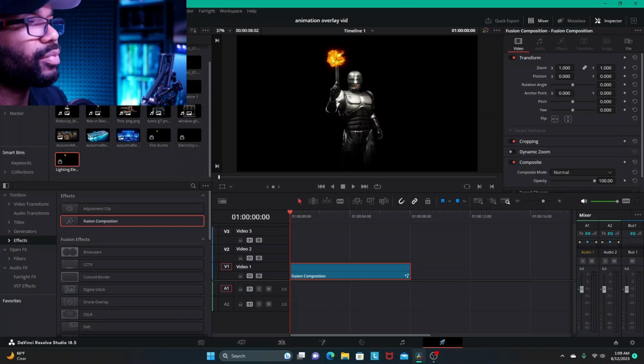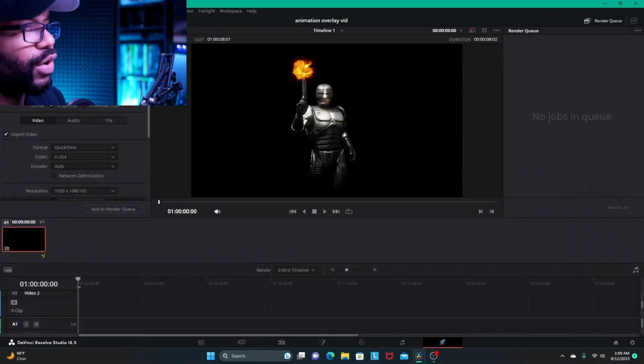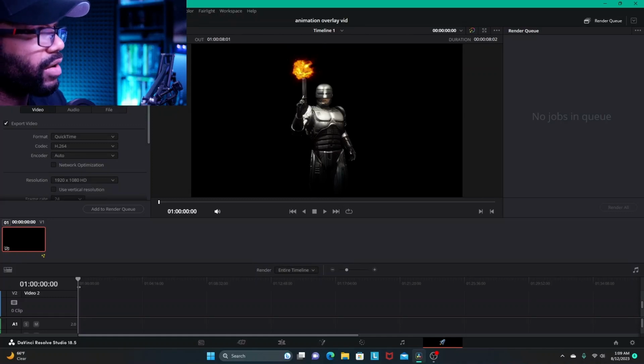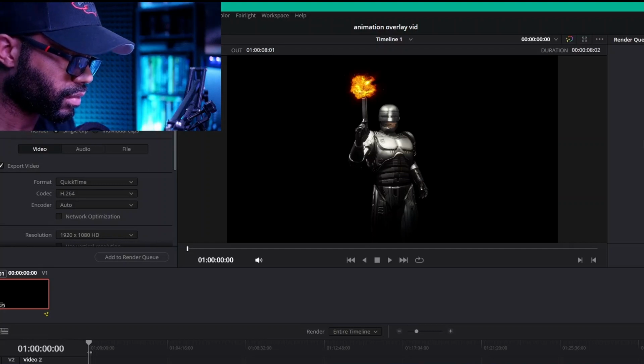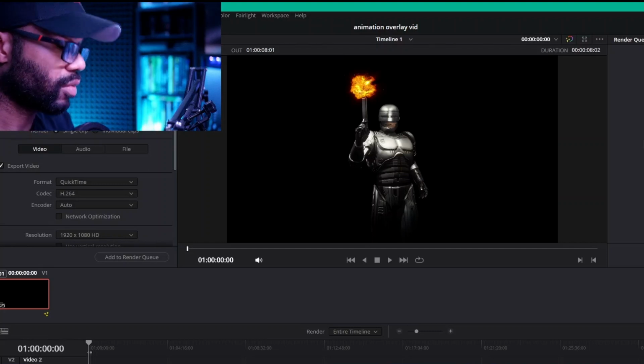And this part is the portion that makes all the difference in the world. The first thing was when I talked about our background node definitely needing to have the alpha gain turned down. That was very critical to everything, and this is very critical as well. So what we'll do, we're going to name our file. We'll just call it RoboCop